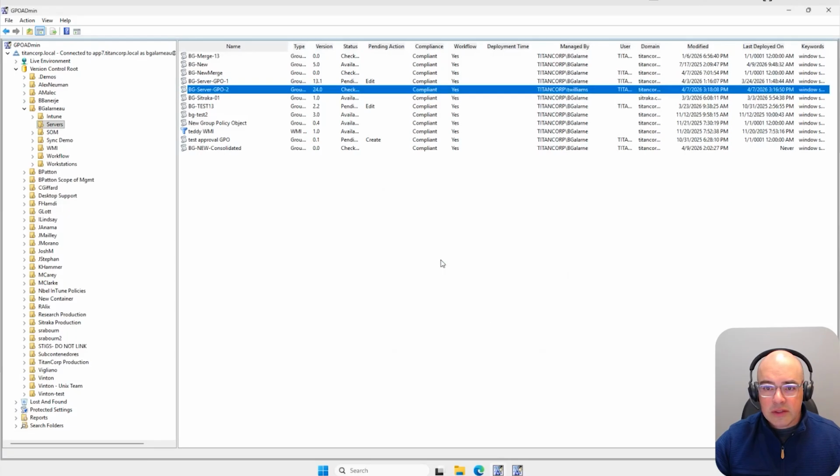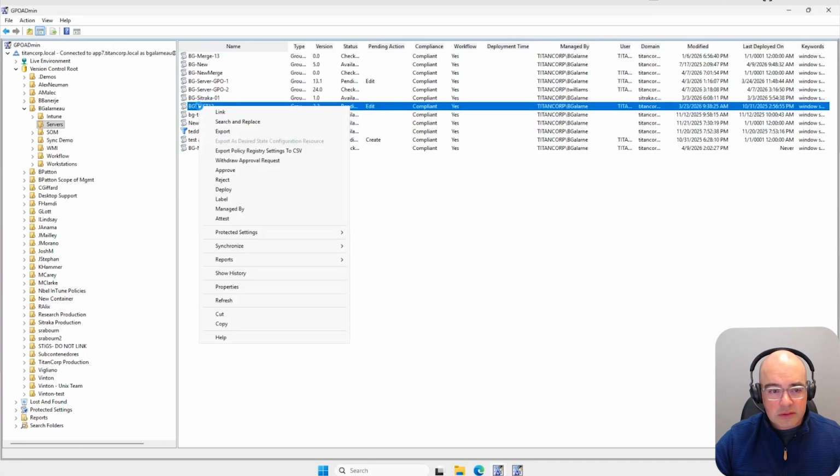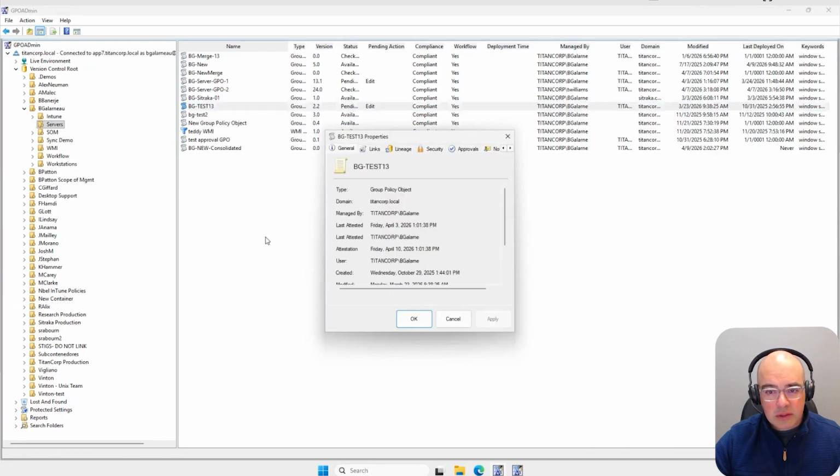And we can now see that Ted is the managed by person for the server GPO2. So we can get real granular as to who's the owner. And then once we have that done, I can jump into one of these GPOs,